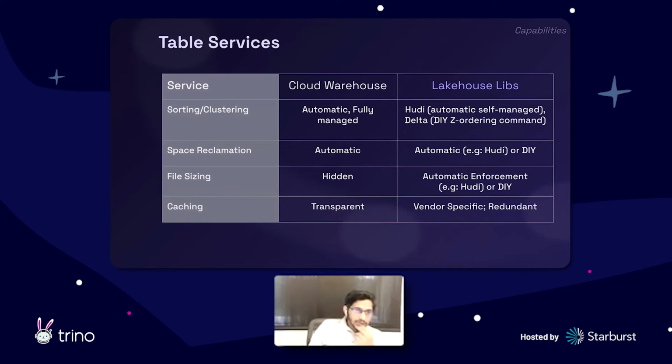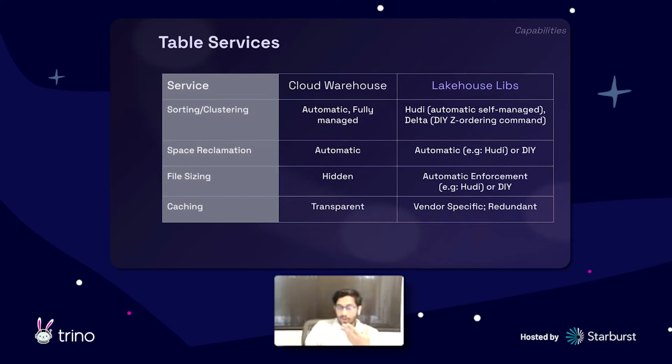In terms of Lakehouse libs, going back to why I'm even bringing this up, this has been a core goal for the Hudi project from day one. We realized when we started on it that there are all these formats and engines, but there is virtually no management of the tables that you can find. So something like Hudi has automatic self-managed capabilities for almost all of them, but it's a library. You still need to take Hudi and build your pipeline. You need to configure it and tune it and make it happen, right?